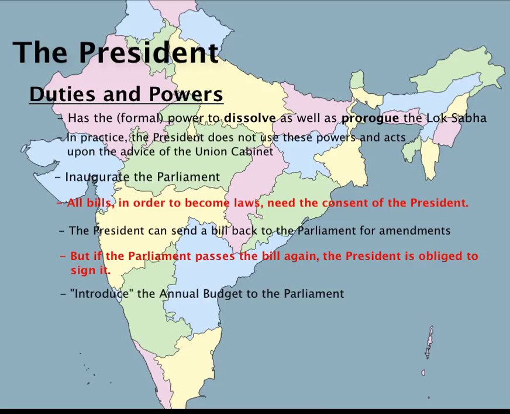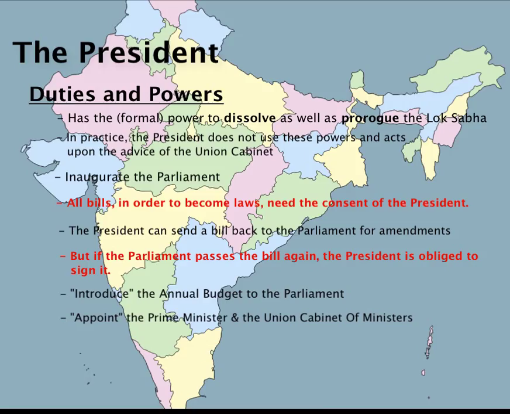The party who has the majority in the Lok Sabha elections will nominate a candidate for the role of the Prime Minister. We will look into this later on, into the elections of the Lok Sabha and the Prime Minister. But for now, let's just understand that the party who has won the majority in the Lok Sabha elections is the one who will nominate a candidate for the role of the Prime Minister. The president then comes in and appoints this candidate to the position of the Prime Minister. So the president is in the swearing in ceremony for the Prime Minister, and he officially appoints him as the